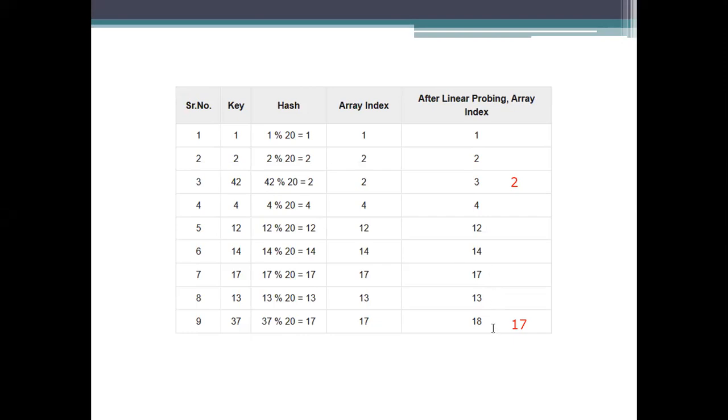Just increment to the next cell, which is 18, and check whether 18 has elements or not. It is not having elements, so the new value is stored there. 2 is used, so 3 is used for storing 42. 17 has been used, so 37 will use 18 to store the key's values.